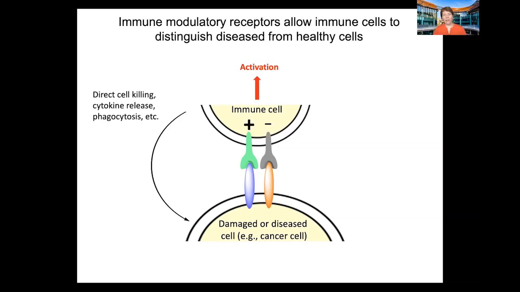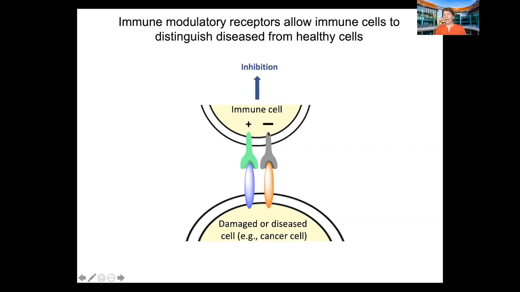Of course, every now and again, the cancer cells figure out how to avoid this recognition and killing by the immune system. And the way they do that is by engaging other receptors on the immune cell, which are inhibitory receptors. And that would be this gray receptor here. So the smart or highly evolved cancer cell will present molecules on the membrane that can engage inhibitory receptors. And when inhibitory receptors get activated, they'll quench the signaling from the activating receptors and block the ability of the